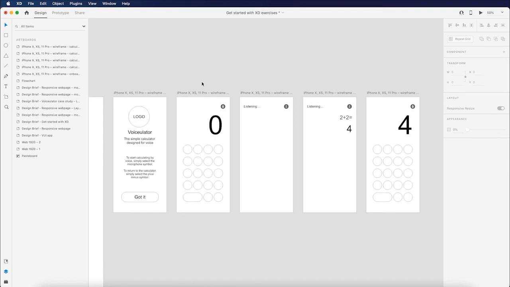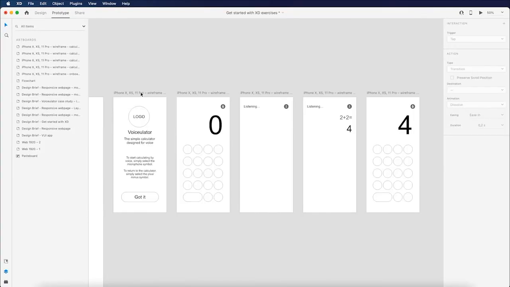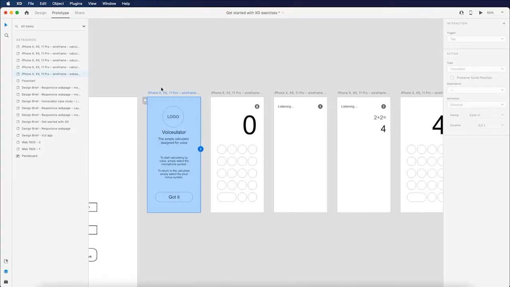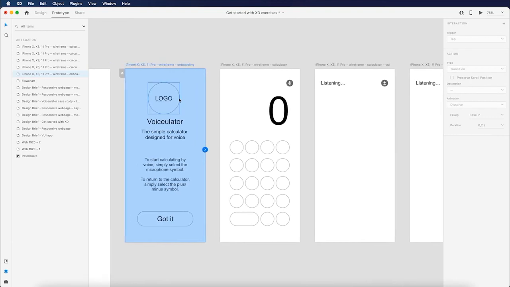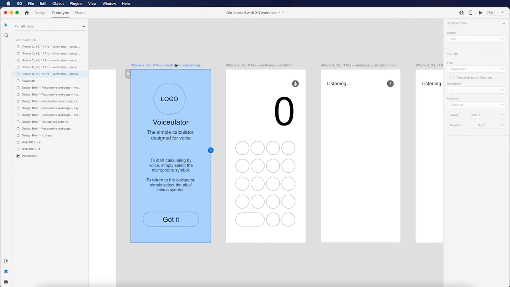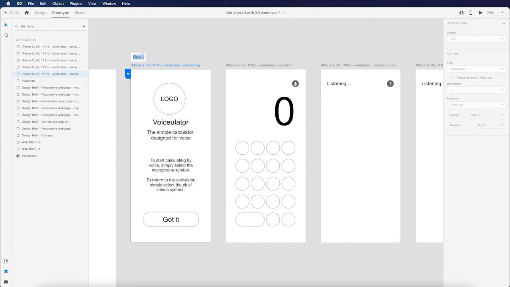So to do that, we'll switch to prototype mode. So we'll go to the top left in the application toolbar, and then we will select our first artboard, and we will set this as our first artboard by, if I zoom in, Command plus. I can also choose to use the zoom tool, and I can select that home. That will make that the start of my flow, and I can give this a name, lo-fi. I'll simply call it lo-fi for now,